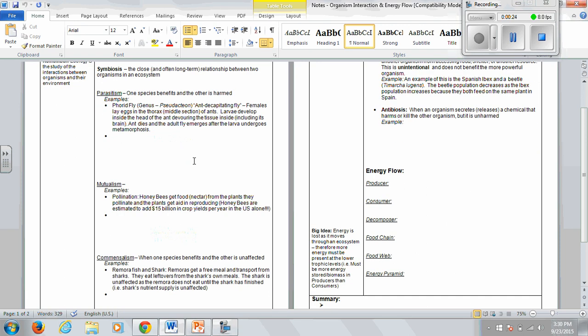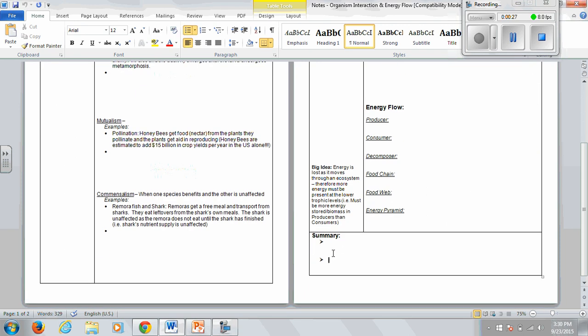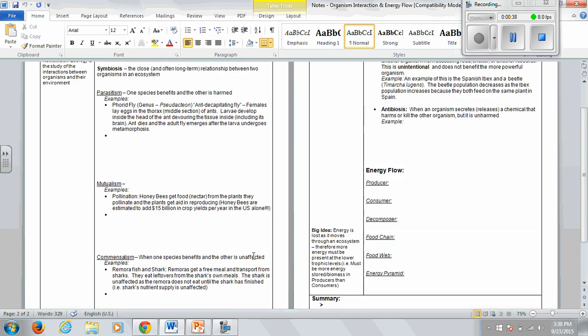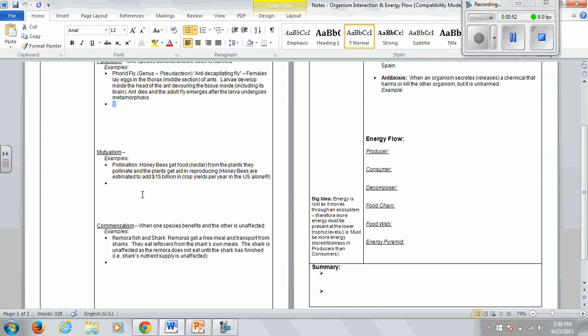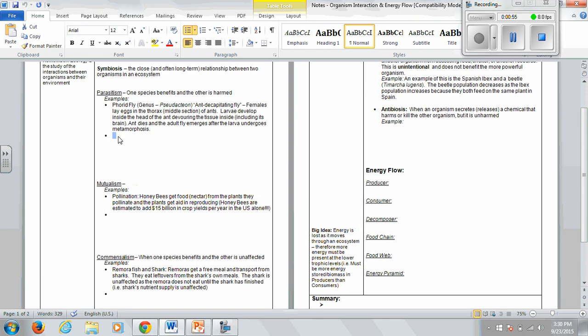The thing about Cornell notes is that at the very end, you need to write a summary. So when you take these, and I check to make sure they're finished, you need to write a couple of summary sentences about what the big ideas are in order to get your full credit. Also, there might be some areas, like maybe in parasitism right here, where I'm not going to explicitly go over something because it's already written for you, but you may have to add an example. So follow this format as I go through the presentation and show me the next class period.